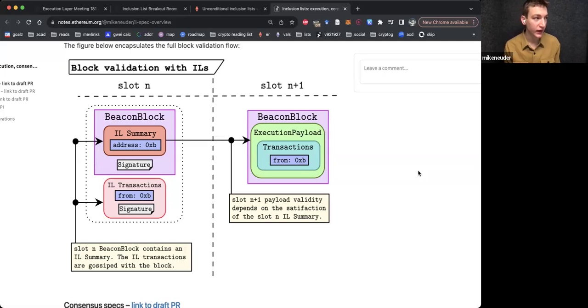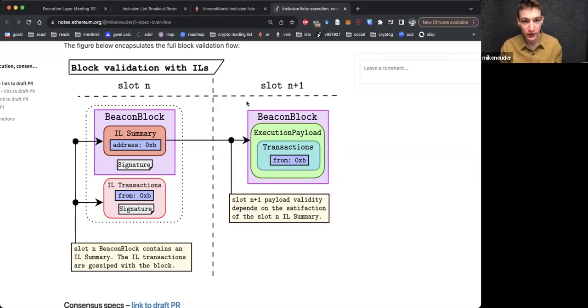It does also need to have enough gas to pay the base fee in slot n+1, even if the base fee increases by the full 12.5%. So I guess one of the precondition checks for the transaction is that it pays at least that max fee per gas. And Terrence said the transaction has to be valid for, yeah, right. They both said the exact same thing. So great minds think alike.